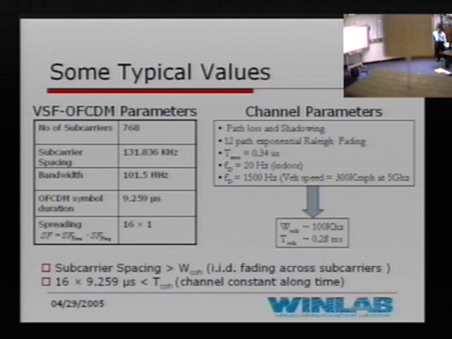And the other thing which I want to convey is, if you see the symbol duration, and the spreading they do is they put 16 OFCDM symbols along one subcarrier. So the total time duration is this, which is also less than the coherence time. So we can say that along time, all the OFCDM symbols approximately see the same channel. So these are the two key messages, because this will be important when this is for outdoor.